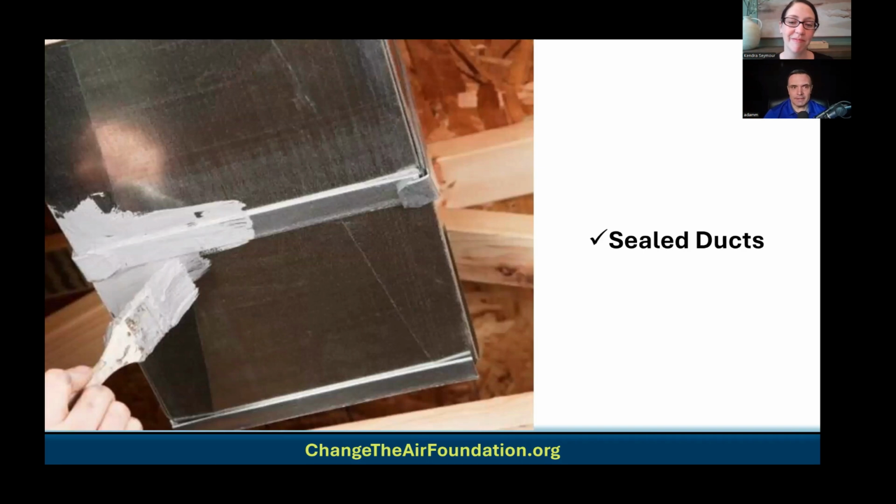Another big deal, which a lot of people don't think about, and a lot of contractors will give you bad advice about, is sealing the ductwork. You have to make sure all your ductwork is sealed. That's a big thing in order for you to get your airflow from point A to point B. So